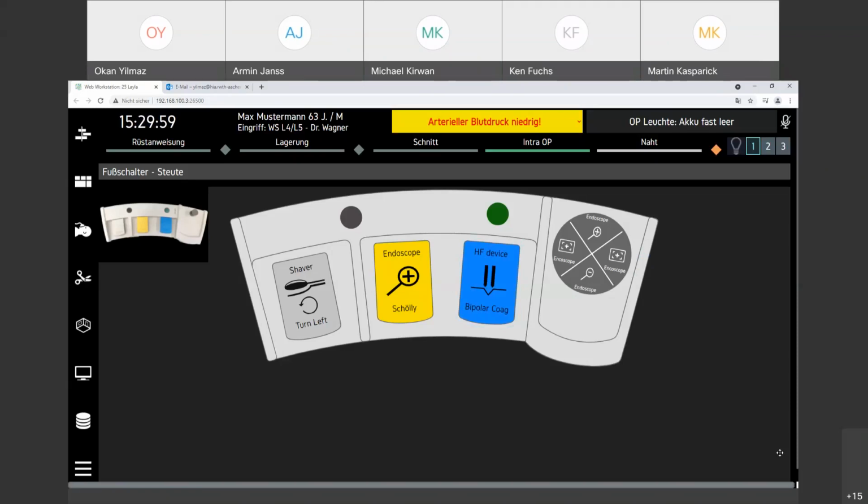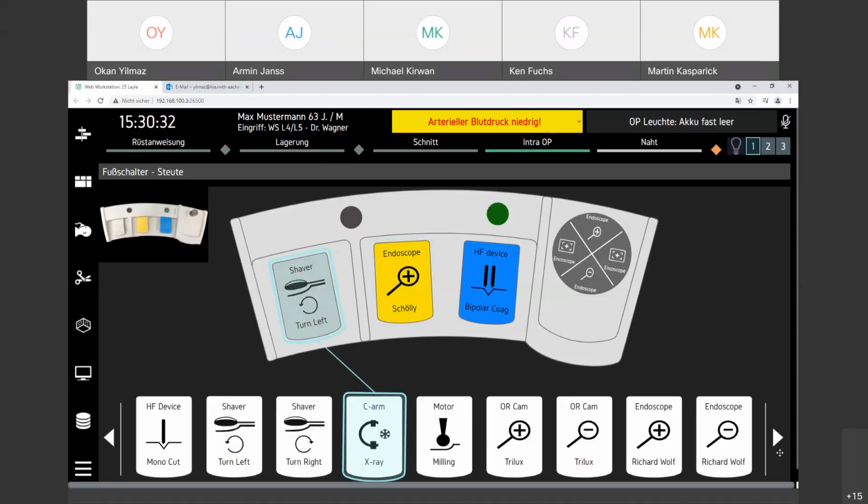For example, on the center button, I can change the zoom on the endoscope. You can see it on the right screen at the bottom. You can see as the endoscope zooms in. And if I zoom out, it's again very small. And on the left pedal, I have a shaver here in my hand. I don't know if you can hear it if I activate it. And using the foot switch, I can change the properties of the